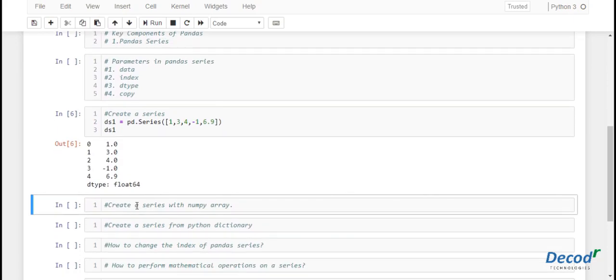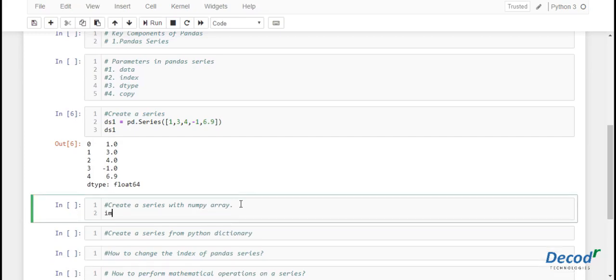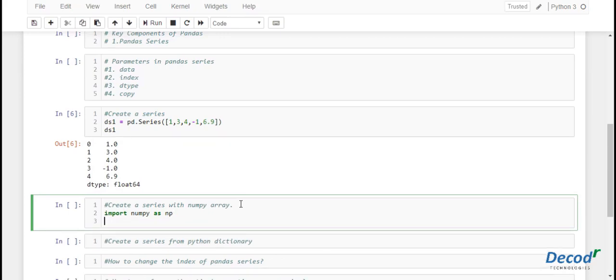So now let's see how to create a series with NumPy array. For that, we first need to import NumPy. Now we create NumPy array with variable name x, and we use the function array in NumPy library.